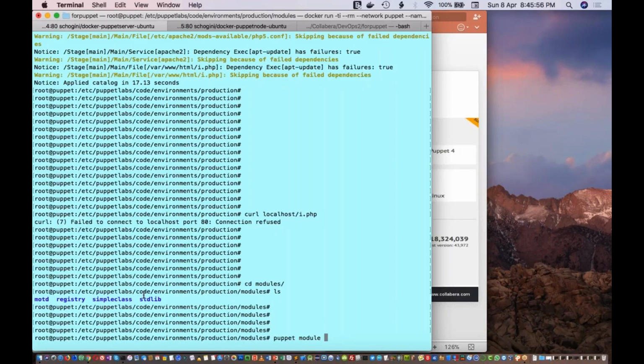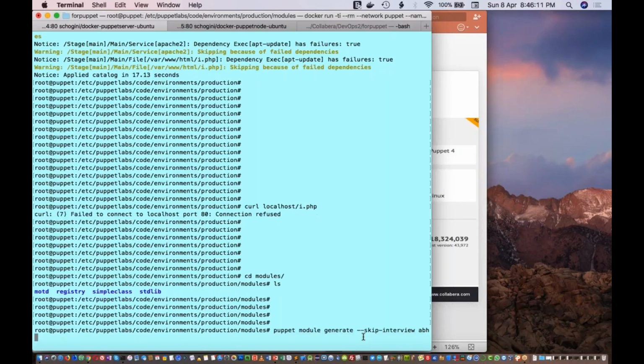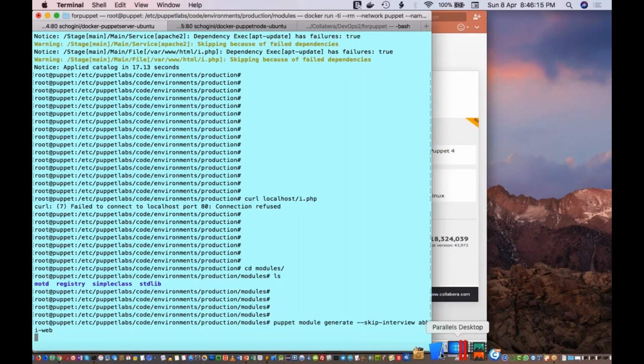First you have to enter that modules folder, and inside you execute the command puppet module generate --skip-interview. This is to skip the questions, otherwise it will ask whether you want to create this and so on. It is followed by the name of your module, which is API-web, the one that I am going to use.